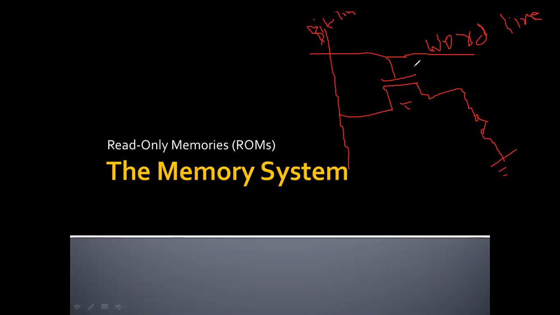Suppose a logic value 0 is stored in the cell: the transistor is connected to the ground at point P. If this switch is closed, then logic 0 is connected. If this switch is open, then VCC will directly be the output, that is logic 1. So this is a ROM cell.